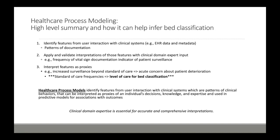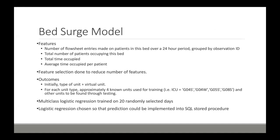And then we understand that these interpretations are proxies for the actual surveillance that would be done by a human being. And so it's really important to point out that the healthcare process model is based on the patterns of actual clinician behavior. And incorporated in this clinician behavior is the individual's clinical expertise, the decisions and knowledge that they have as practicing clinicians. And so for the bed surge model, as I mentioned, it's a classifier, and the method that